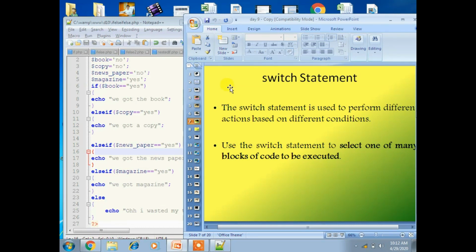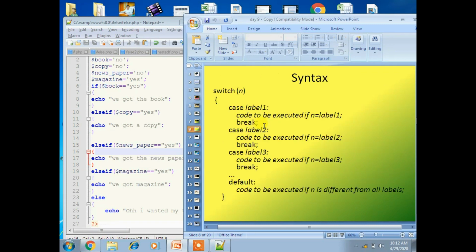So mainly the switch statement is used to perform different actions based on different conditions. Use the switch statement to select one of many blocks of code to be executed. That is the main intention of the switch statement. I'll show the syntax.